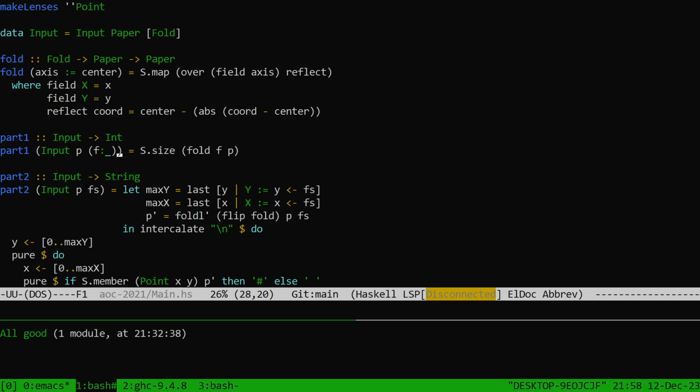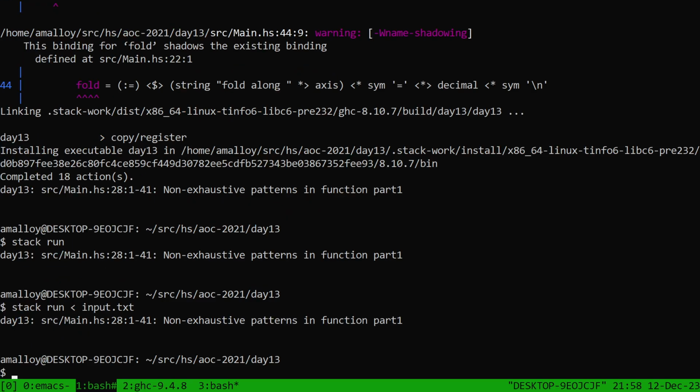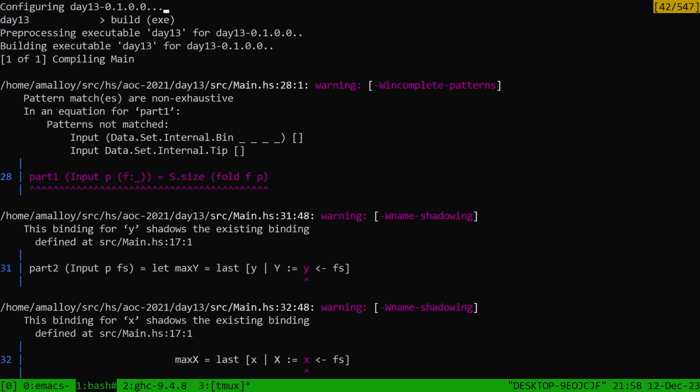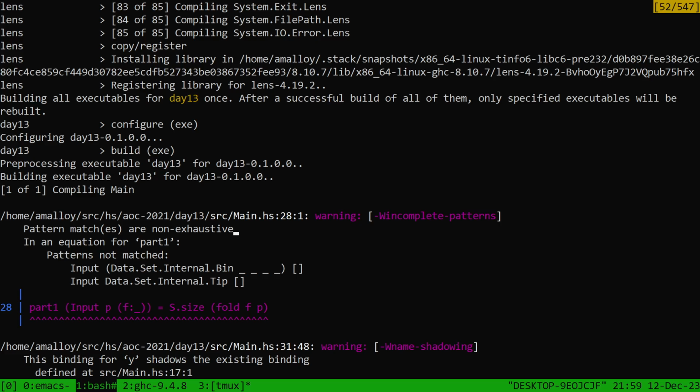What's my input? It's a list of folds. How is there... what? You're telling me line 28 is a non-exhaustive pattern in function part 1. And if we look at the output of build, the only non-exhaustive pattern warning we got was here. In an equation for part 1, this